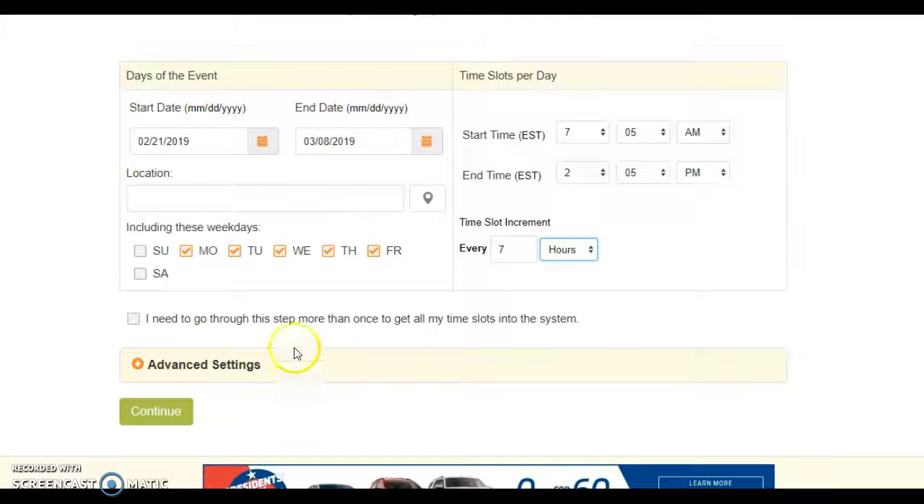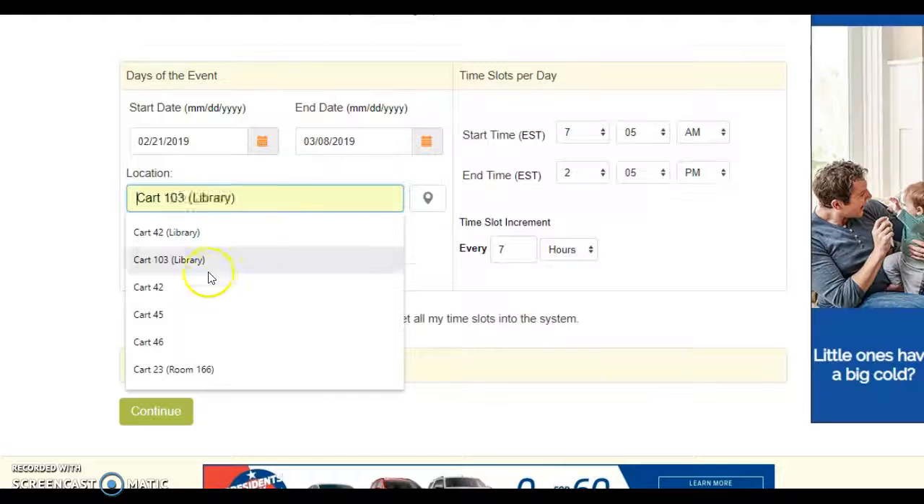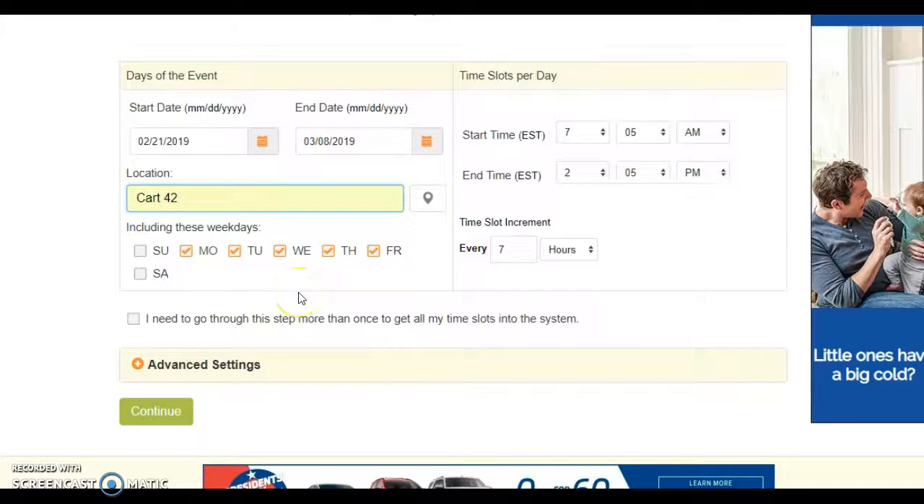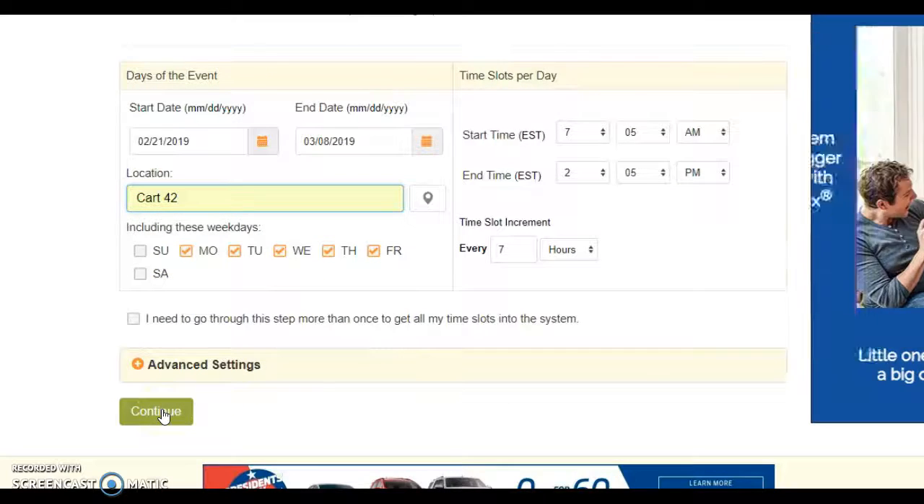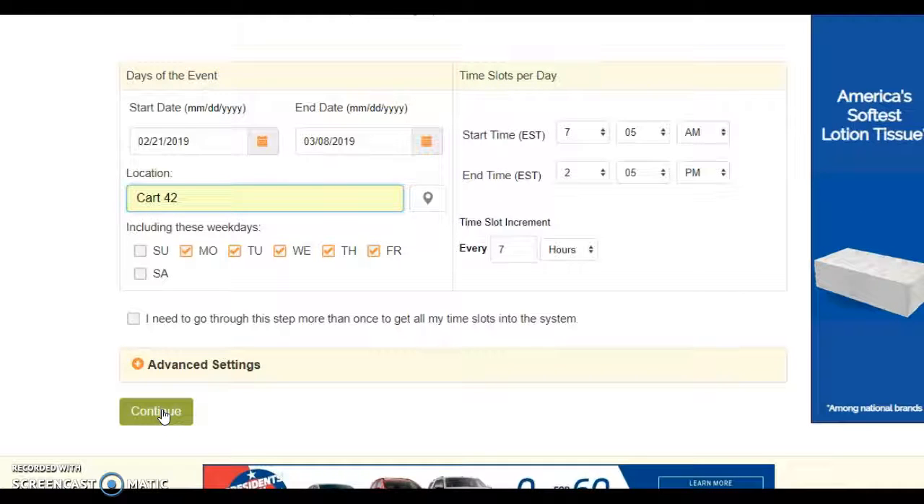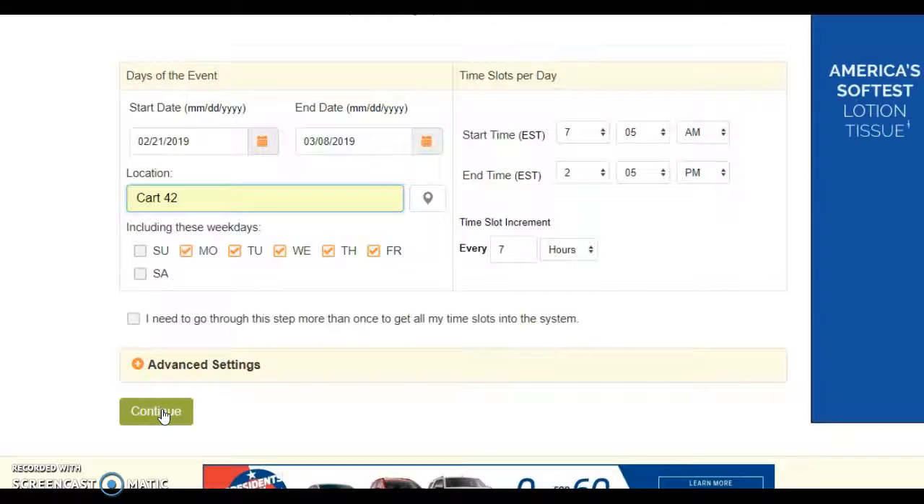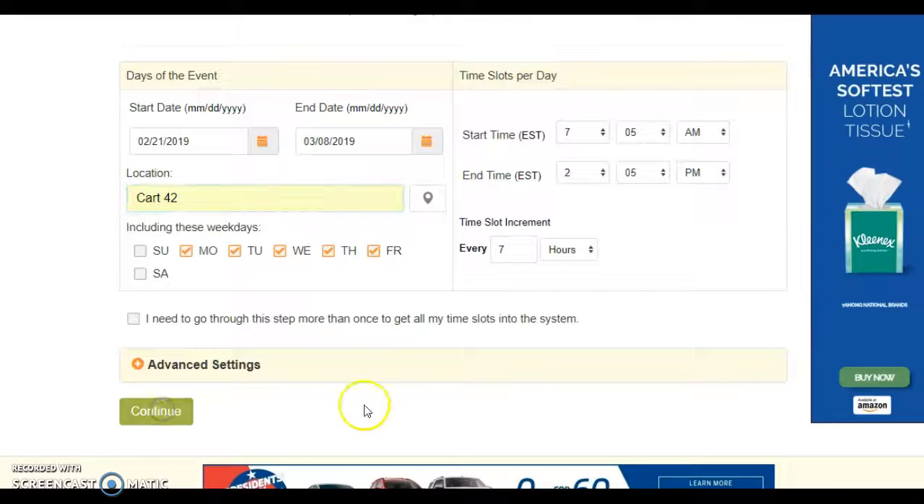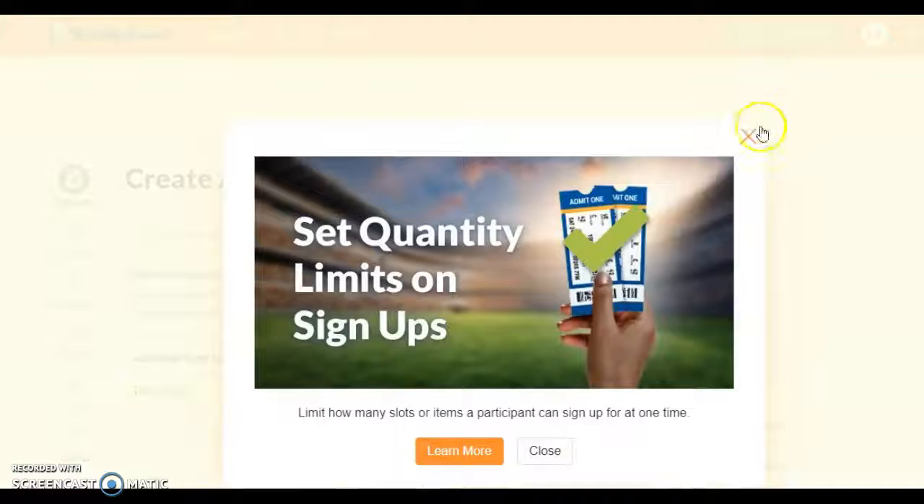And oh, location. This is where I put the number of the cart. So you'll do this for each cart that's on your sign up. So if I have cart 42, 43, and 44, I'll go through this process for each one of my carts. So I'll continue, and then